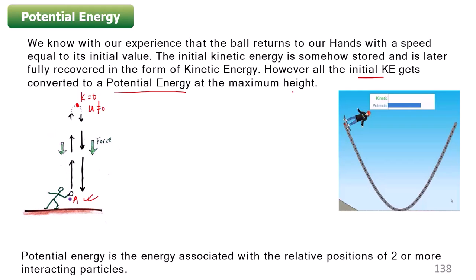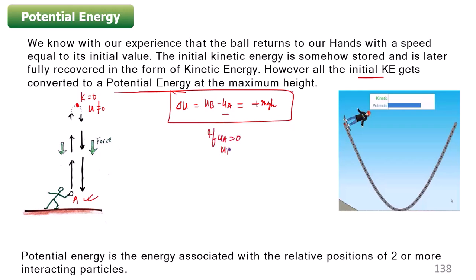Initially at point A, I can assume that potential energy is equal to zero. Why? Because potential energy is not absolute. We are not calculating the potential itself; what I am calculating is the difference of potential, delta U. Whenever I am calculating delta U, basically U_B minus U_A, that number is always constant. So I can declare that U at point A is 0. If I am saying that U_A is 0, then I can say U_B equals mgh.